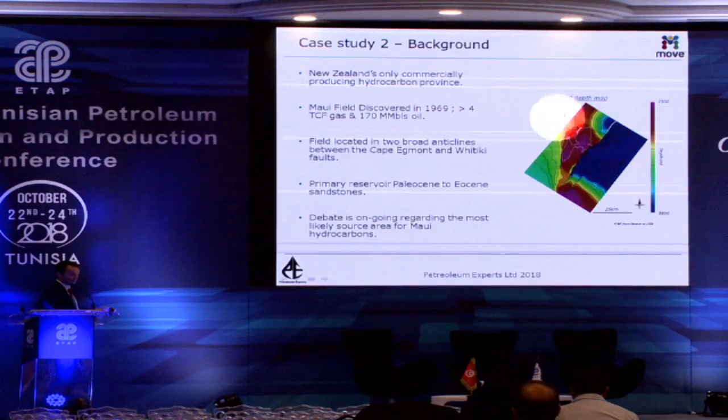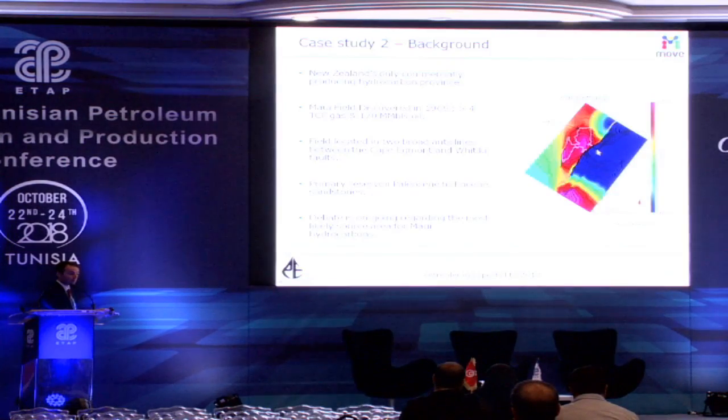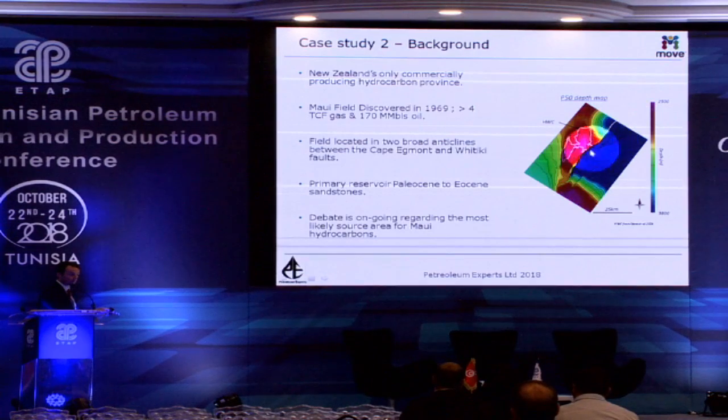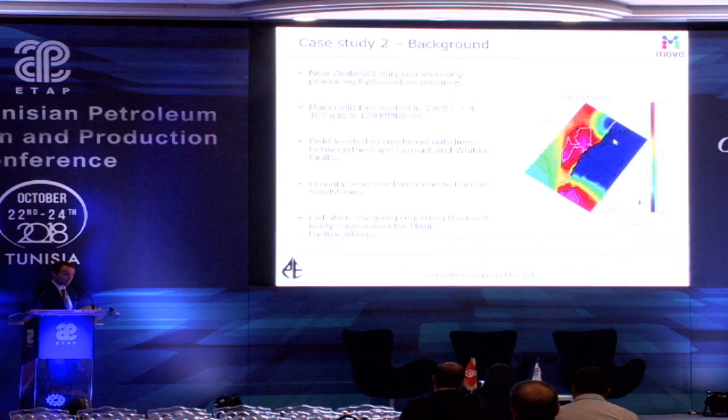So we're zooming in on the field. Here's the outline of the hydrocarbon water contact on a depth map of the top reservoir, and you can see that it's bound by this fault, which is about 60 kilometers long. It's called the Cape Egmont fault, and the field is located in the footwall of the fault. Despite the fact that it's a really big field and it's been discovered for the last 40 odd years, 50 years, very little is known about how it was charged, or there's a lot of debate, I should say,